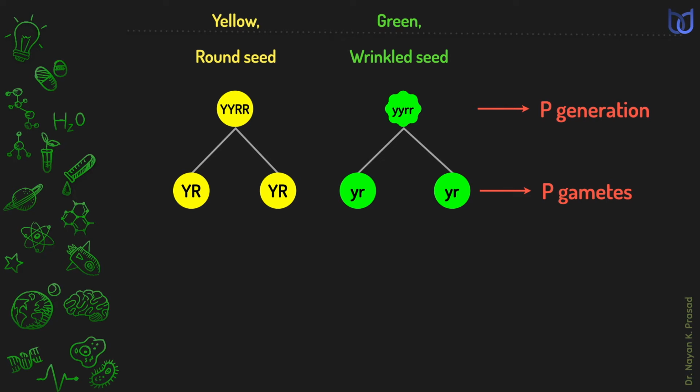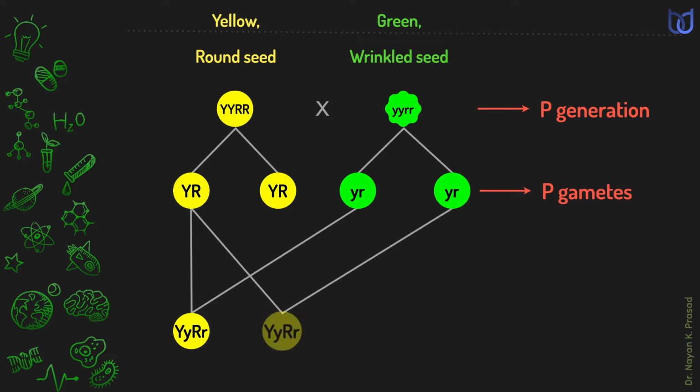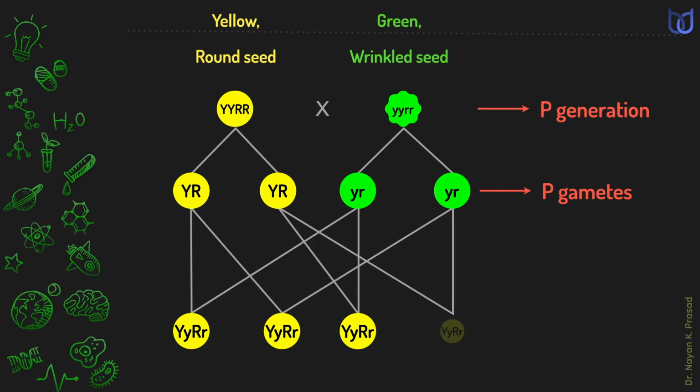When these gametes undergo fertilization, the resultant zygote receives the factors capital Y, capital R, small y, small r. In all other cases, the formed zygotes receive similar combinations. These belong to F1 generation. In this generation, we see all are similar, having dominant characters only, each with yellow and round seed. This is all about the first filial generation that shows dominant characters only. Here, recessive characters remain hidden.